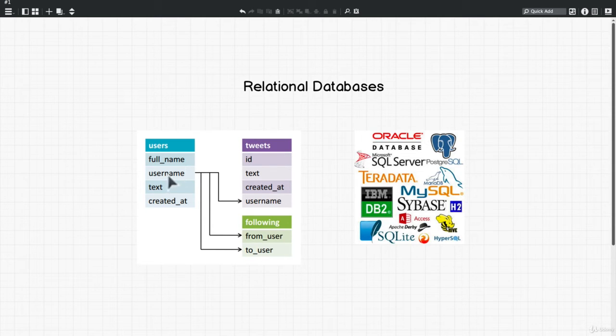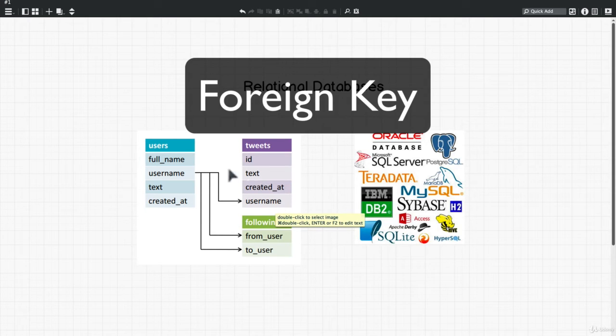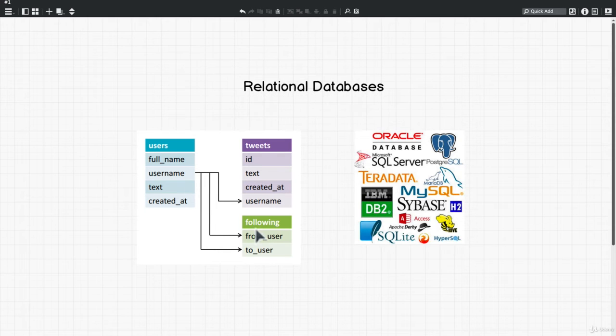For example, the username will be the same in the users table as it is in the tweets table. That way, we can say that the username in the tweets table is the foreign key of the username in the users table. And then from user will be the foreign key of username in the following table.